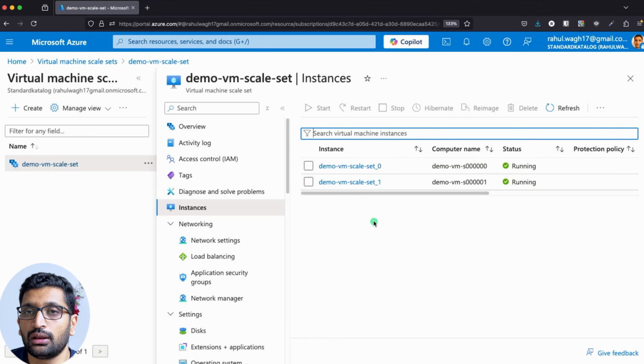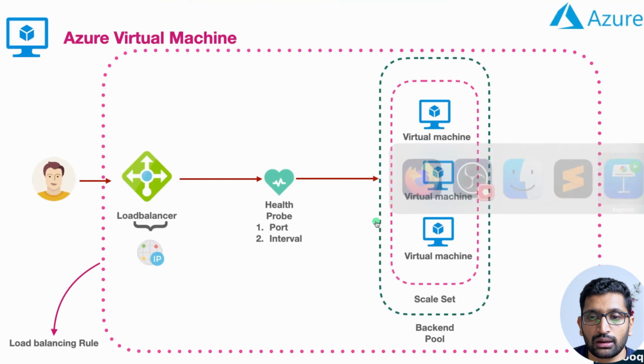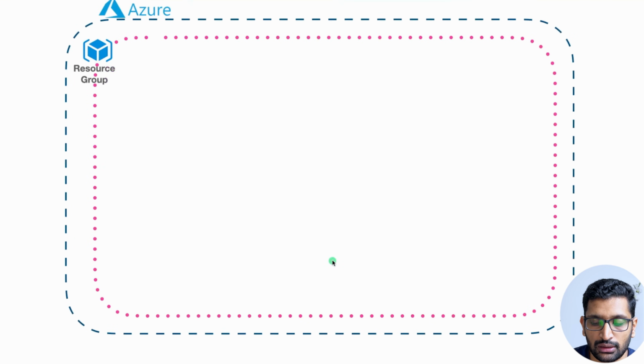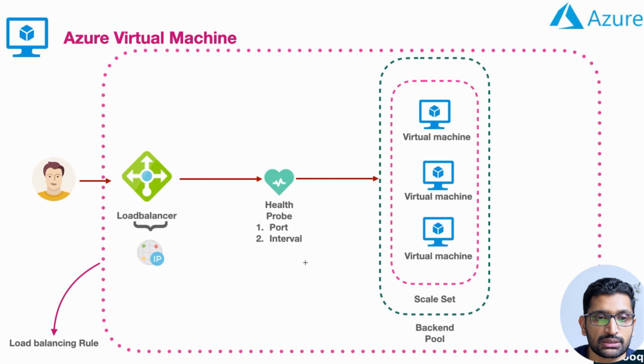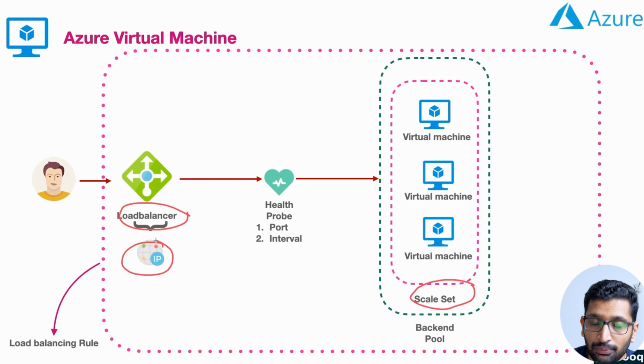Okay, anyway, now let's take a look at the diagram. Here I will go back and I will just start my pane over here. So now we have created the Scaleset. Along with that, we have already created a load balancer and front-end IP configuration. The next thing is we need to attach this particular Scaleset to the backend pool. So now we need to create a backend pool, and in that backend pool, we need to attach this particular